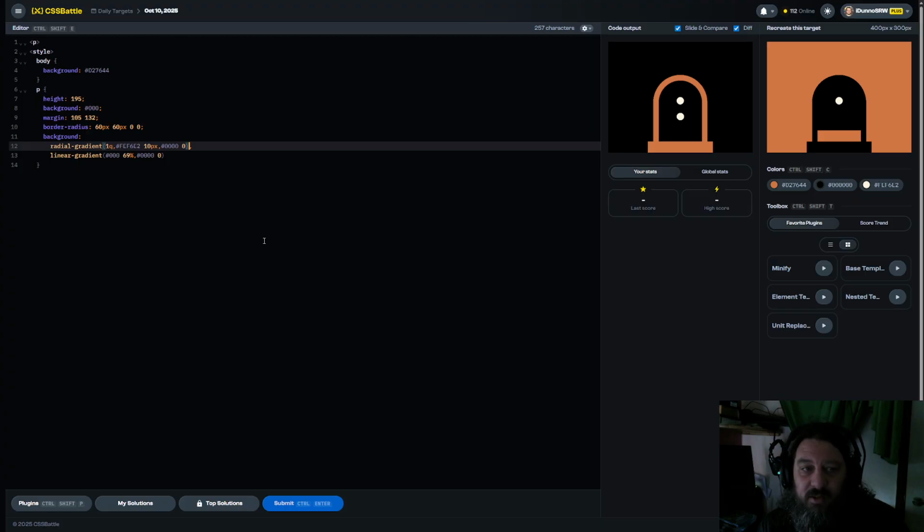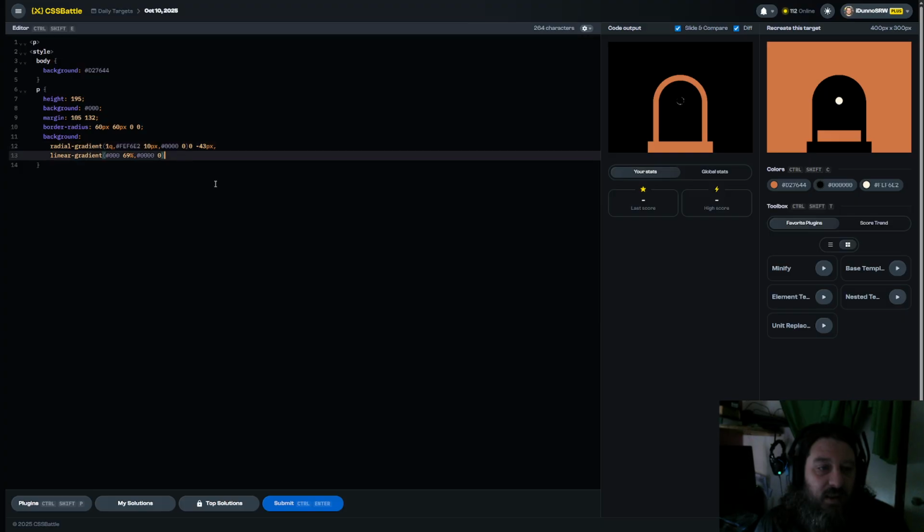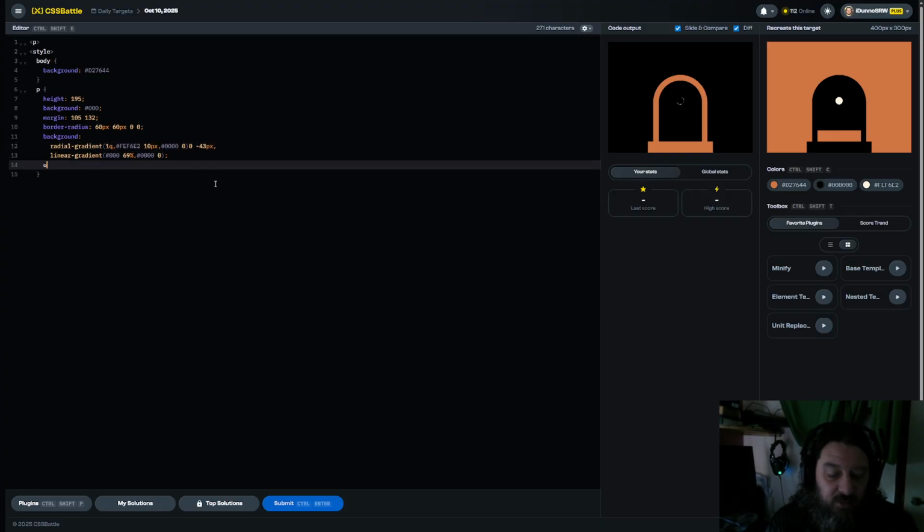And all we need to do is shift it up. So 0 and minus 40 pixels, 42, 43, 44, 43. That's probably close enough. What's this looking like now? Oh, it's not bad. And then if we use an outline,